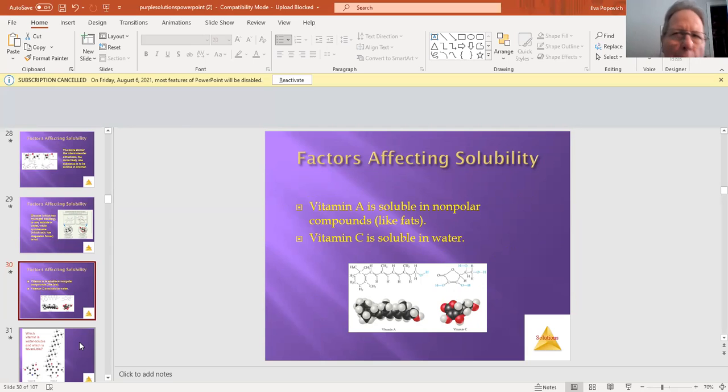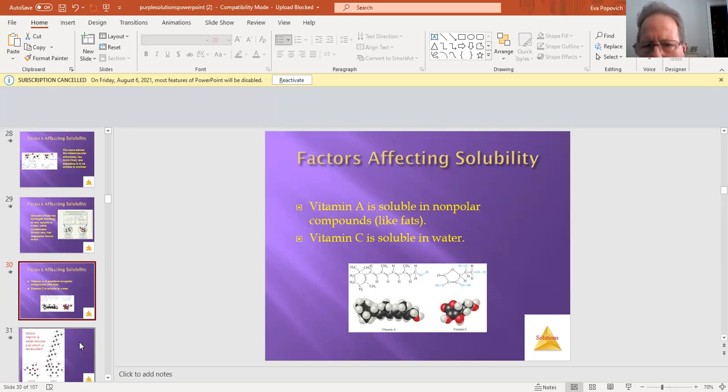If it is nonpolar, it is going to dissolve in fats because fats are nonpolar. If, on the other hand, you have a lot of heteroatoms, by heteroatoms I mean something other than carbon and hydrogen,